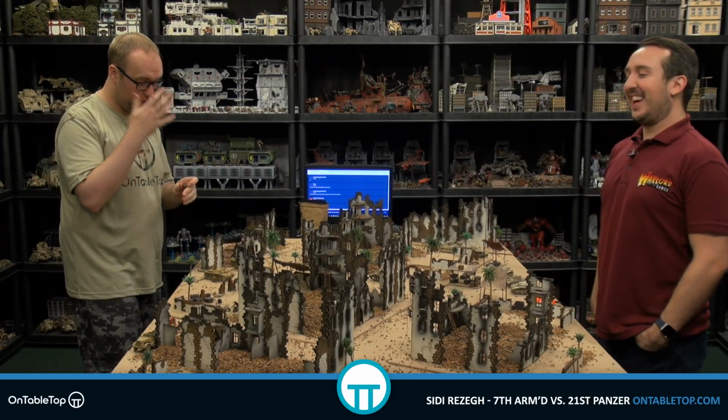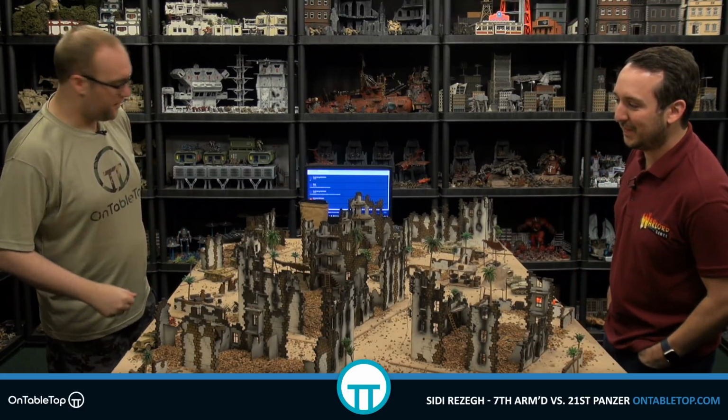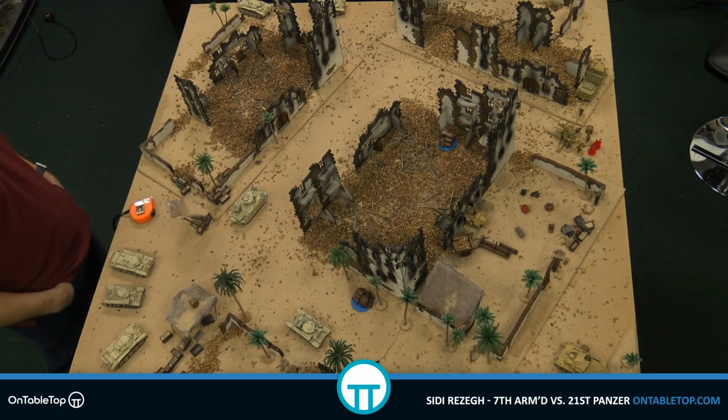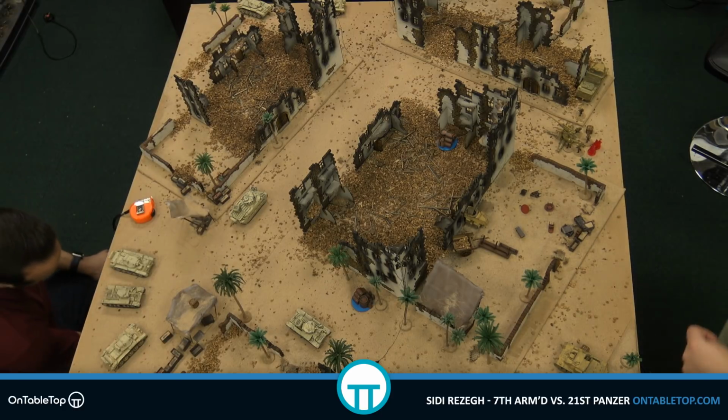Oh joy! So we're going to give him a fire order. Can we get that 88 on camera? Yeah, we can. I think it's up there. It's the best bit about desert warfare. Everything is so well camouflaged. There he is. There he is. Yeah, yeah. And he's going to fire at...